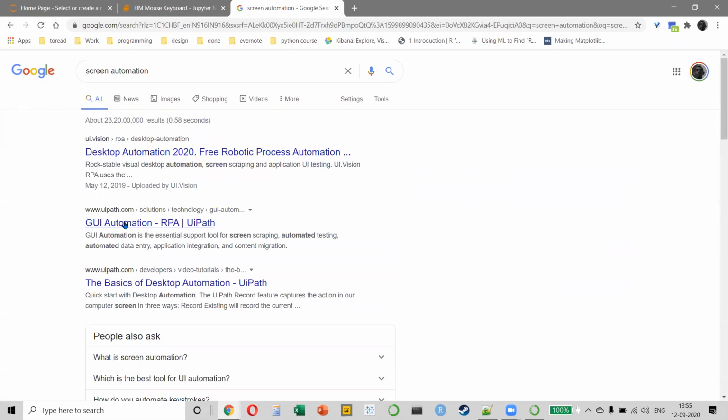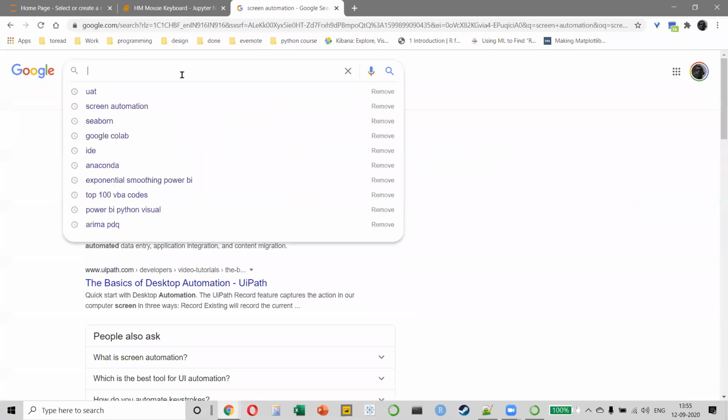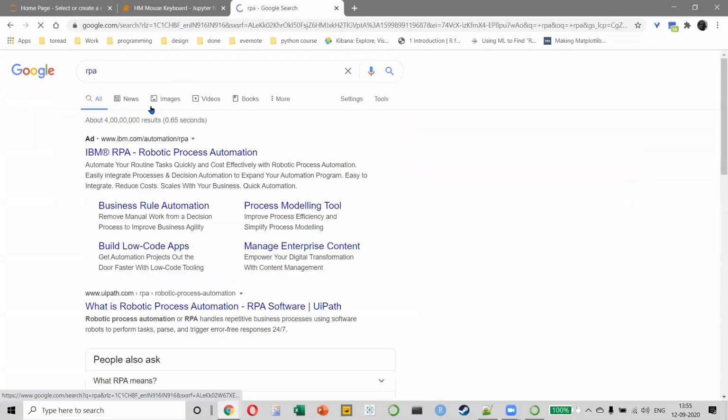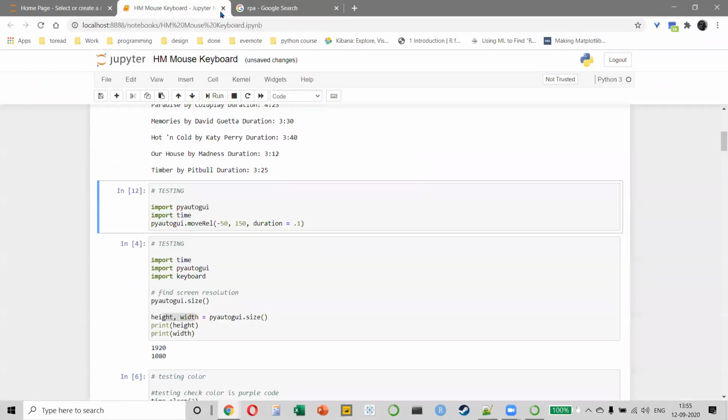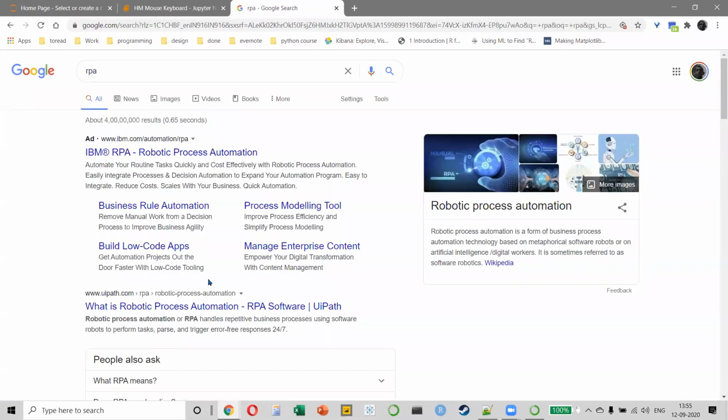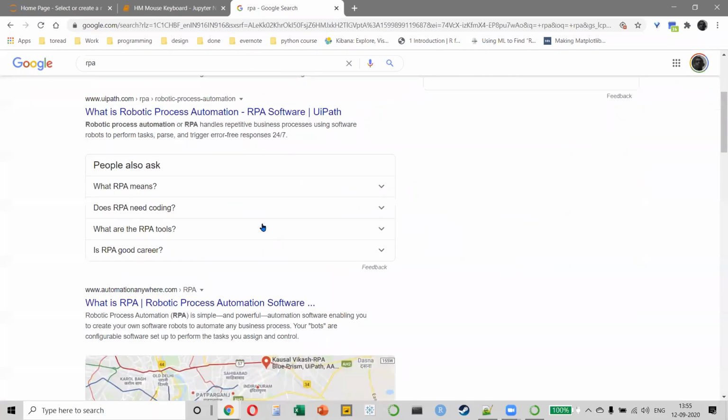Now, in the last few years, the world has changed a lot. Now, screen automation is not usually done by Python and R because you already have RPA tools available, right? So robotic process automation, one of the most basic and most common things that RPA does is to basically remove the work of people and to do it using a machine, right? So for example, if I have to again and again test different ideas and go to different websites, why do I need to hire a person who will do it? I can simply hire an RPA tool for this or hire a company that will give me an RPA tool.